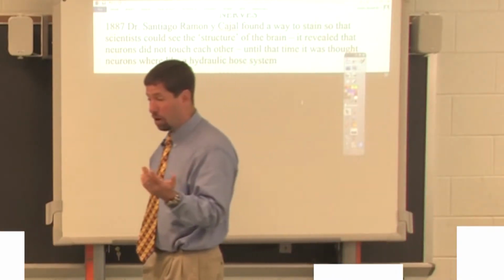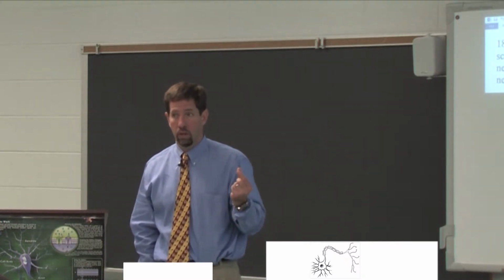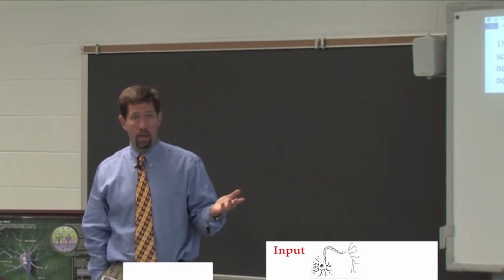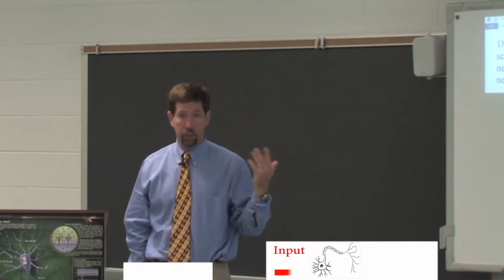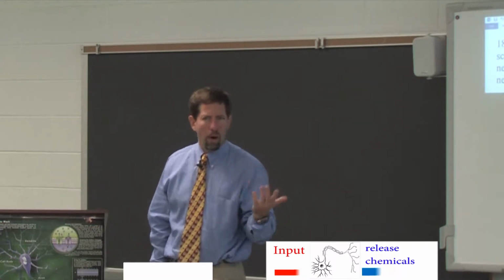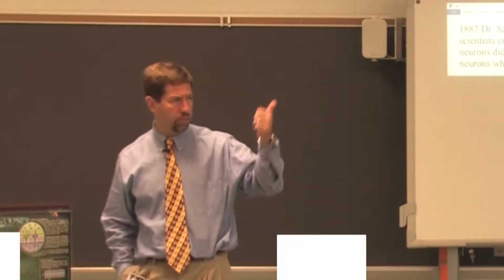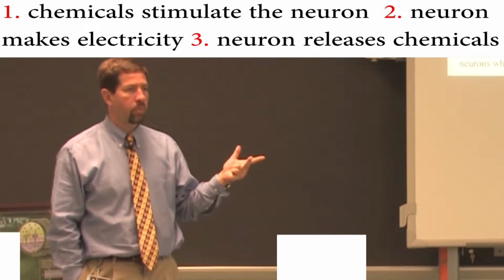And I think after a couple days, we're going to get this. A neuron's really just a really small machine. All right? It's going to have input coming in. It's going to make a decision. Is there enough input or is there not enough input? It's going to generate electricity, and it's going to release chemicals. There, that's it. I mean, we'll probably add a few vocabulary words, but that's pretty much it. Stimulus comes in, generates electricity, releases chemicals.